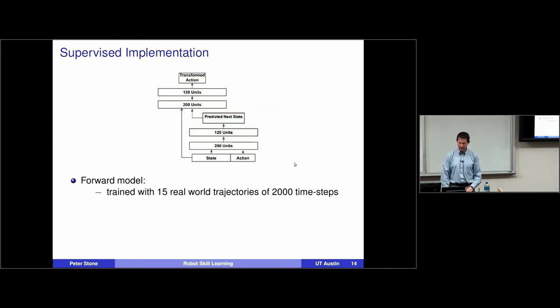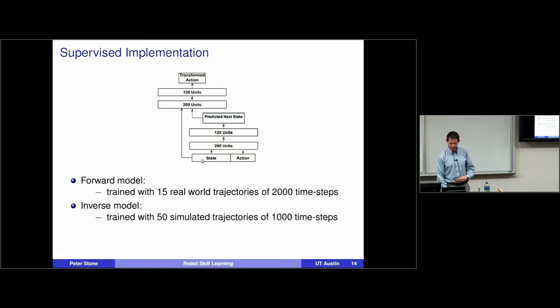How do we learn the F and the F inverse? We use a neural network. In one sweep it takes your current state and your current action, with a label of the predicted next state, using some ground truth trajectories from the real world. We can have a fairly small number: 15 real world trajectories of 2,000 time steps each, so 15 times 2,000 transitions. Then the inverse model, which maps your state and predicted next state to the transformed action, we train on 50,000 steps, which is just 50 trajectories from the simulation.